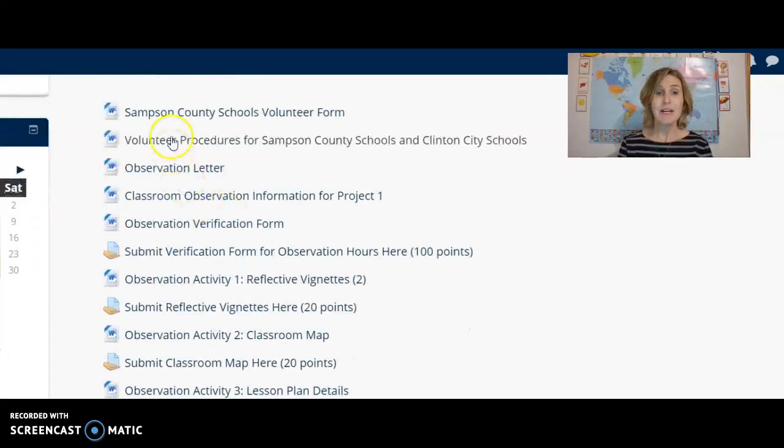Okay. So again, each component in this project is very much laid out in each tab.